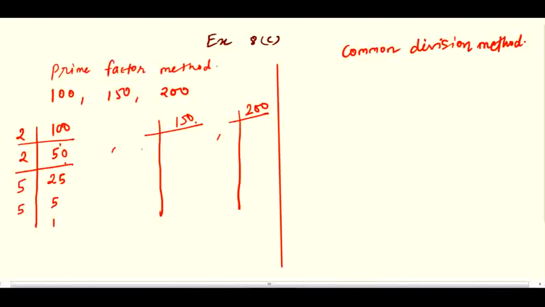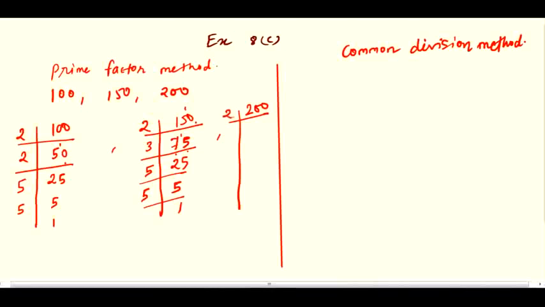Similarly for 150, last digit is 0, so we can start by 2. So 2 7 ja 14, then 1 remaining, 0 and this one will become 10, 2 5 ja 10. Now 7 plus 5 is 12, and 12 is divisible by 3, so it is divisible by 3. 3 2 ja 6, 1 remaining, 5 will become 15, 3 5 ja 15. Then 5 5 ja, then 5 1 ja.